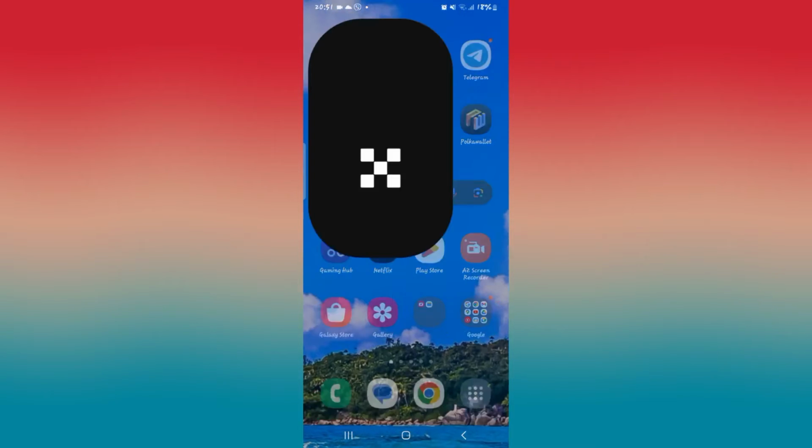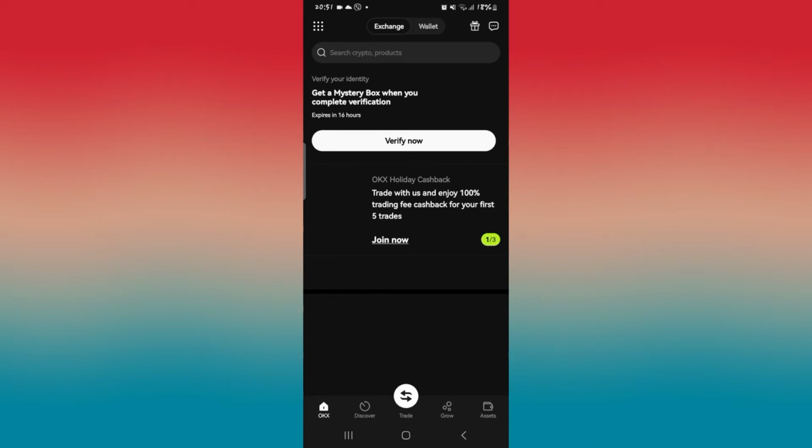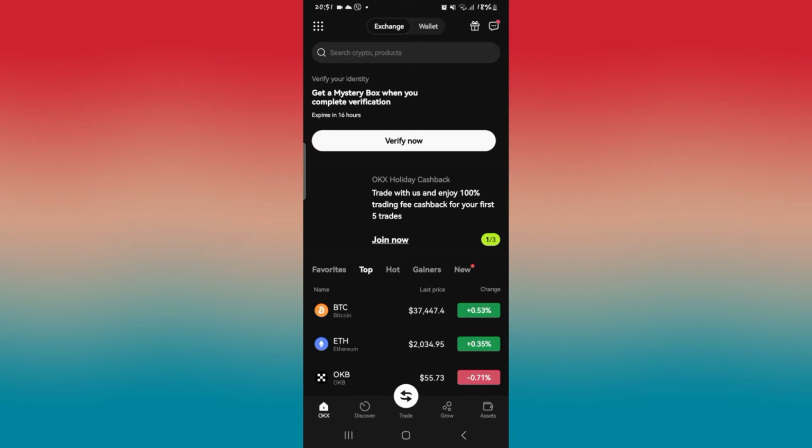First of all, open up the OKX application on your device. And once you open it up, log into your account if you haven't done so already using your email address and your password. Now, once you are logged into your account, you will be taken to your homepage, from which,